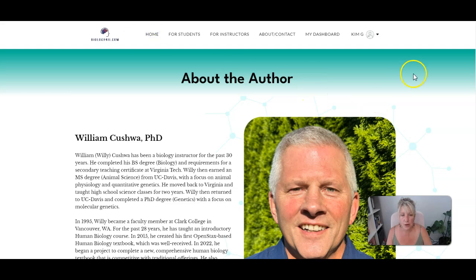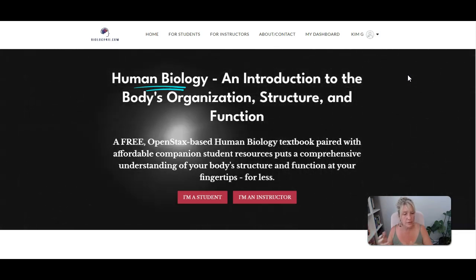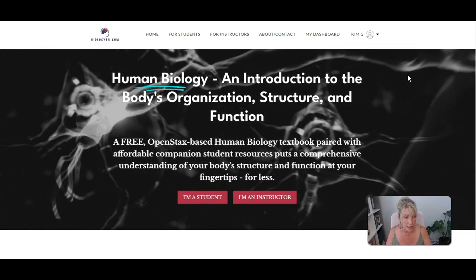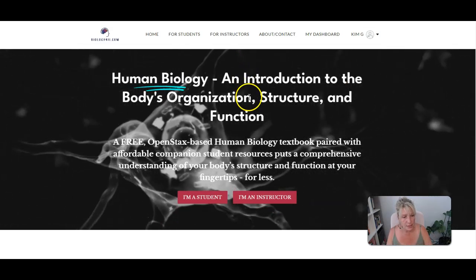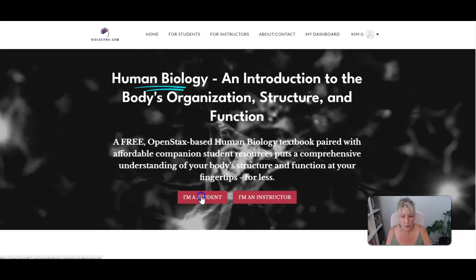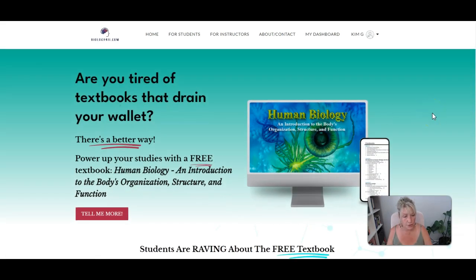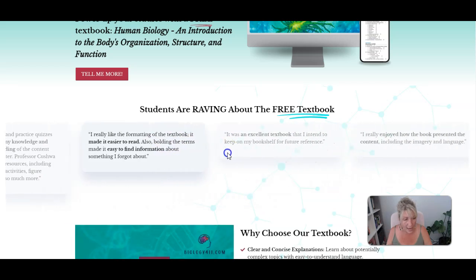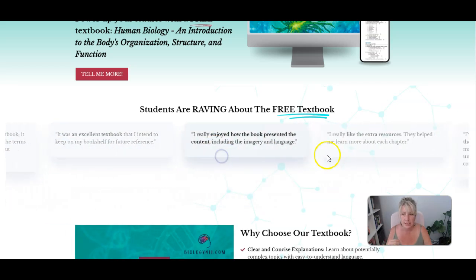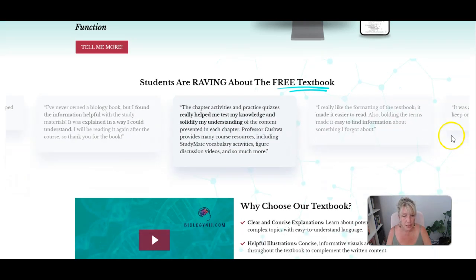Okay, so let's go back to the home page. There are basically 2 flows. One is if they're a student, and the other is if they're an instructor and maybe want to review the textbook or want to adopt the textbook. So let's go down the student route first. If I click I'm a student, it's going to take us over to what we would call the new book opt-in page here. It tells them why this textbook, why it's important to download it, testimonials here,